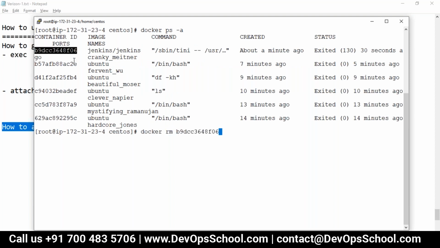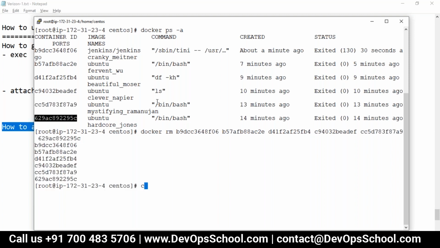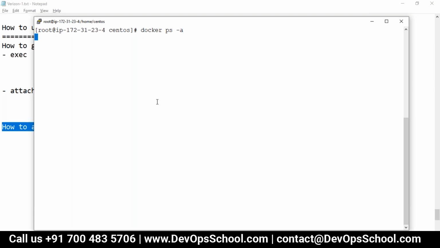There's a shortcut command which will stop and clear all the stopped containers in one go, but that's pretty long, so I don't remember that right now, but you can Google it, you'll find it. So there are no containers right now. By the way, that's not a Docker command, it's a Linux combination. So with the docker ps command, there's no container right now.